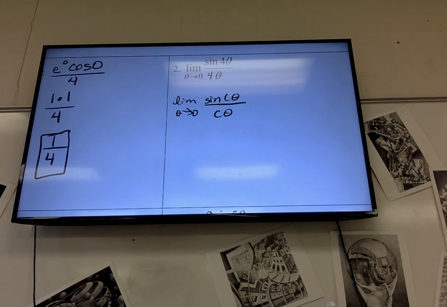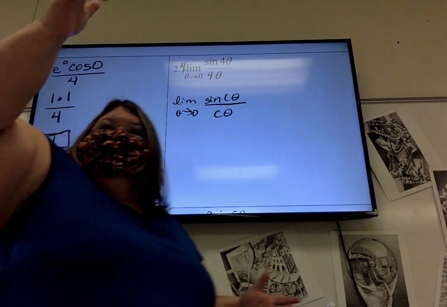I can do that. I'm dividing by 4, right? I can divide by 4 as long as I also do what? Multiply by 4 on top, which would be the same as multiplying by 4. If I divide and multiply by 4, then that's the same as multiplying by 1. So we just have to